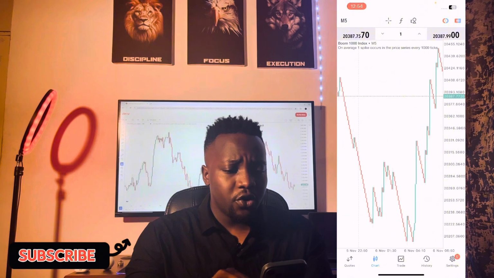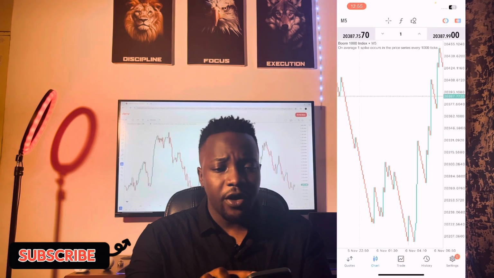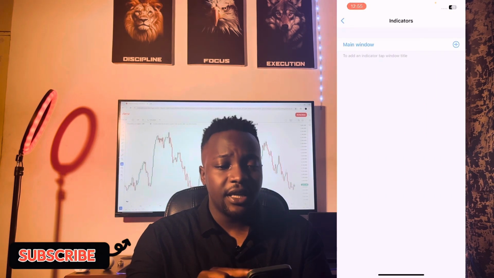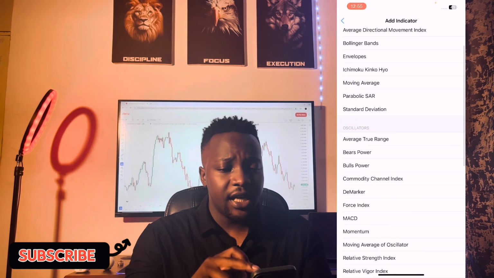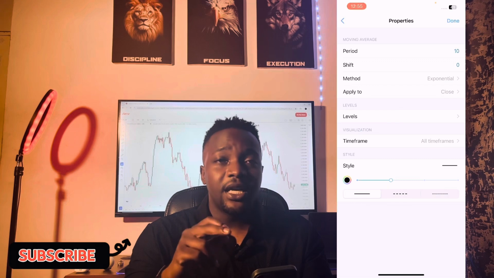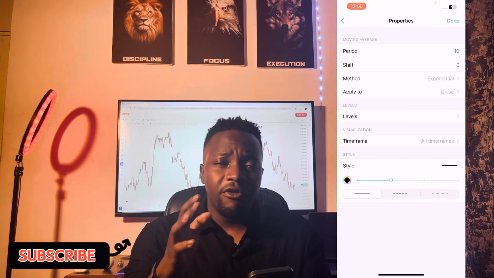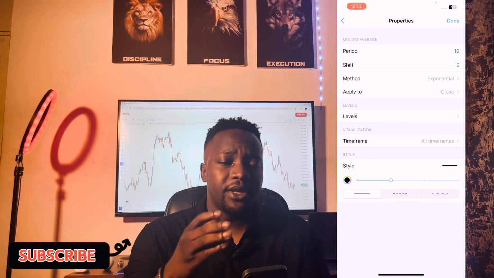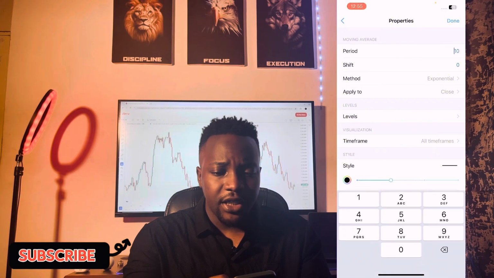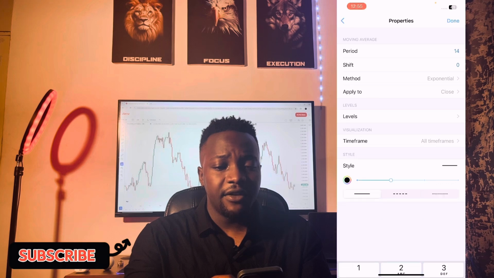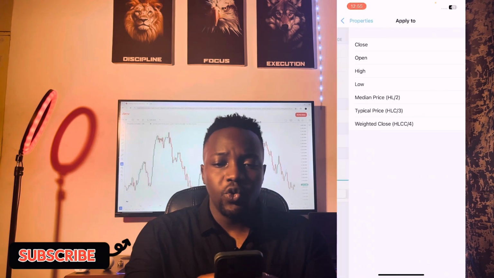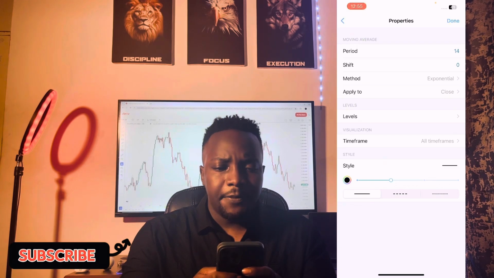Okay, so to set up the strategy, first you have to go to your indicators section. Then you're going to click on main window, and on main window our first indicator is going to be a moving average. This time we're going to have a moving average with the following properties. We're going to have a period right here of 14. So I'm going to change this one to 14. We're going to have the shift as 0, the method as exponential, apply to close,